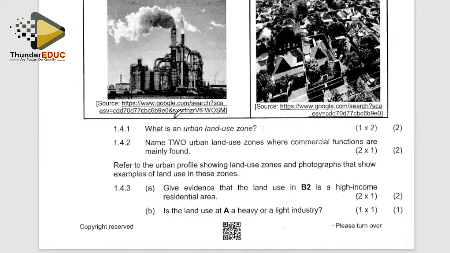What is an urban land use zone? We're just going to define it generally. Right, number 1.4.1. What is an urban land use zone? When we're talking of a land use zone, we are saying it's a section of the urban area of an urban settlement